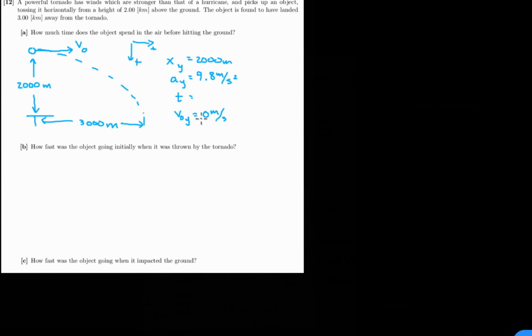Okay, and then the initial velocity in the y direction is 0 because it went horizontally. So you get the displacement in the y direction equals v naught t plus 1/2 a t squared, all in the y direction. The initial velocity in the y direction is 0 because it got tossed horizontally, and the displacement in the y direction is 2,000. That's supposed to equal 1/2 of 9.8 times t squared. So t equals